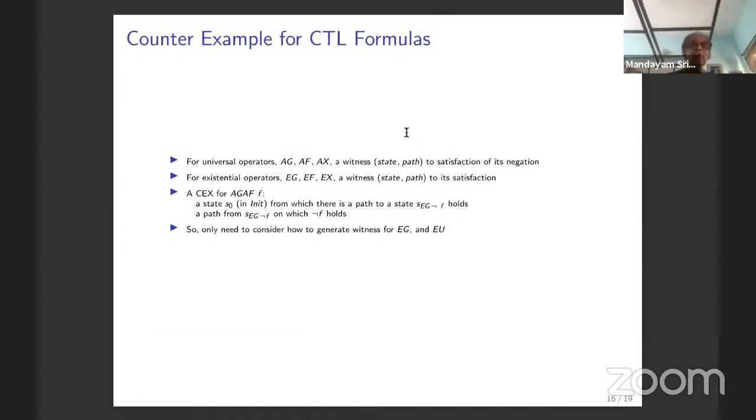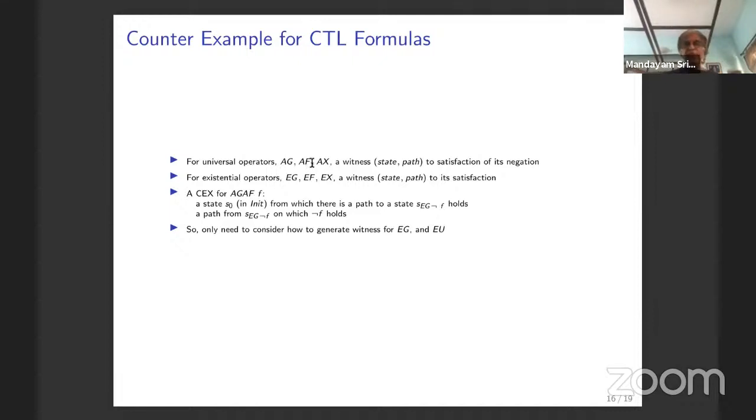What is a counterexample of a CTL formula? For universal operators such as AG, AF, and AX, a counterexample is a witness to the satisfaction of its negation, that is, a witness to its violation. In a CTL formula with a universal operator, such a witness consists of a state and a path from that state that is a witness to its violation. Since you take the negation of that, you should show that there exists a path